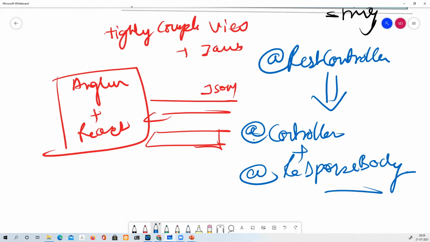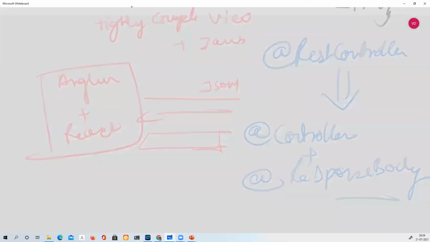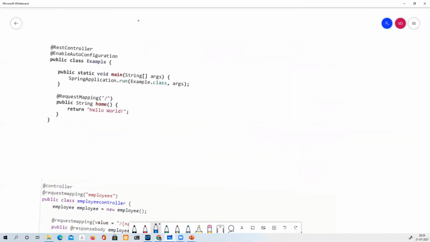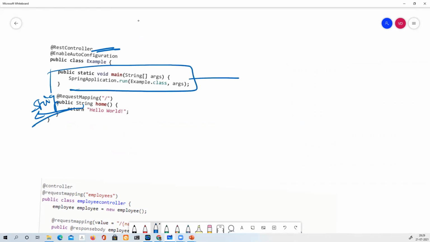Okay. Let me go to some other piece of information. I just wanted to show you an example over here. This is the RestController, as we can see, and we are responding with a string. This is perfectly possible, and this is nothing but a Spring Boot application that we are running over here.